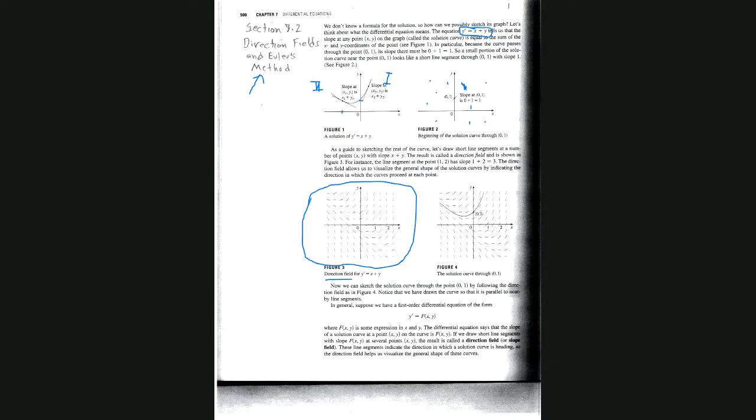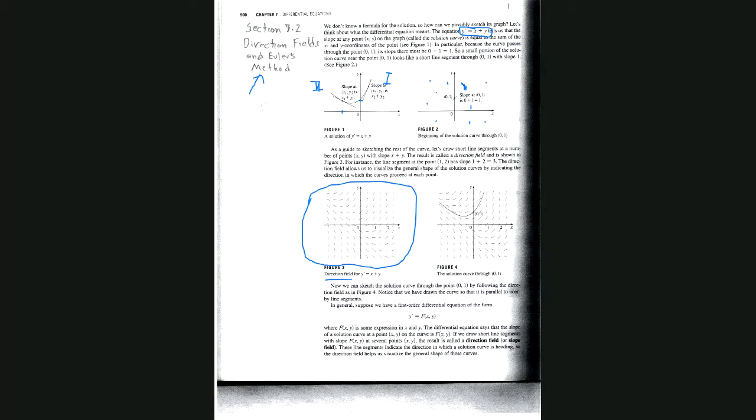And what they've done in figure 3, so how did they get all these tangent lines? Again, they picked a bunch of coordinates in all the quadrants, computed the derivative, and that was the slope of the tangent line of the solution, and they drew the tangent lines. The tangent lines guide you as to what the solution has to look like, because the solution has to